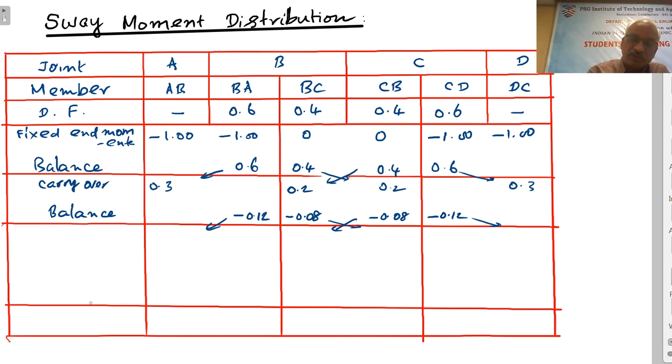If we do this and add all these values, from top to bottom we have to add all the values, plus minus, everything we have to add. Only thing is, in the final row we have to balance and carry over only to the ends, as we have discussed in the previous table. I'll just give the final value. The final moments are minus 0.75,